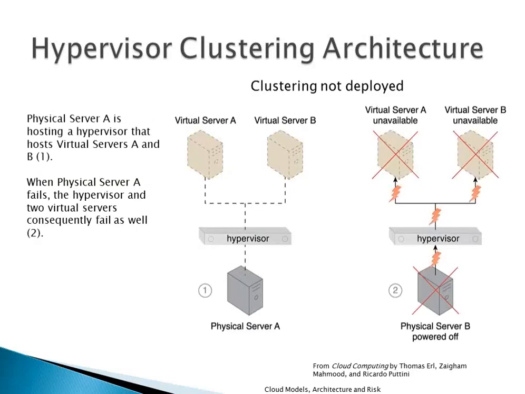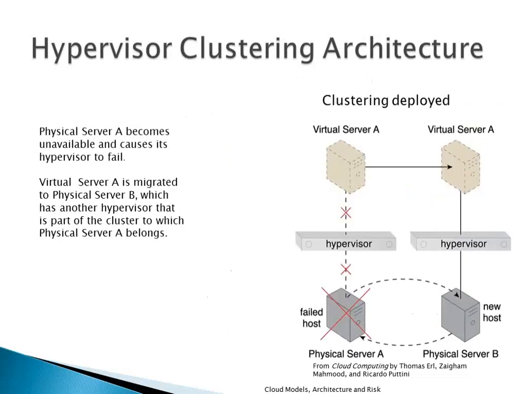So here we go. If we haven't got clustering deployed, in case number one there, a physical server is running a hypervisor and has 2 virtual servers up. If we turn off the physical server, or let's say somebody trips over the power cord and pops it, then the minute the server goes down, the hypervisor dies and the 2 virtual servers drop. Okay, so everything fails. However, if we move to a clustering type system where now we cluster these 2 physical servers together,